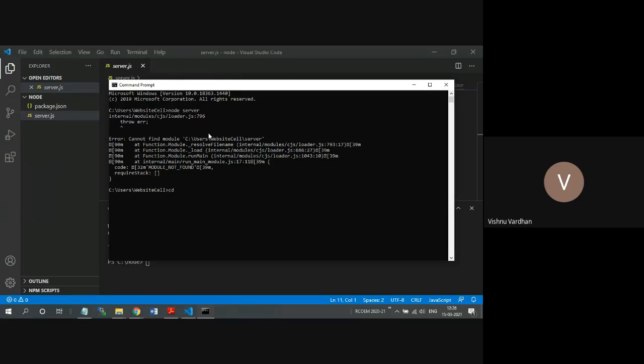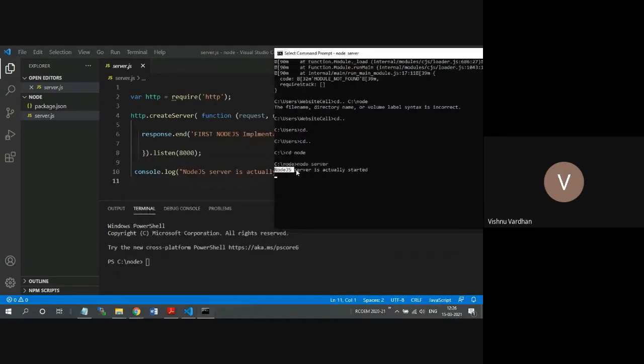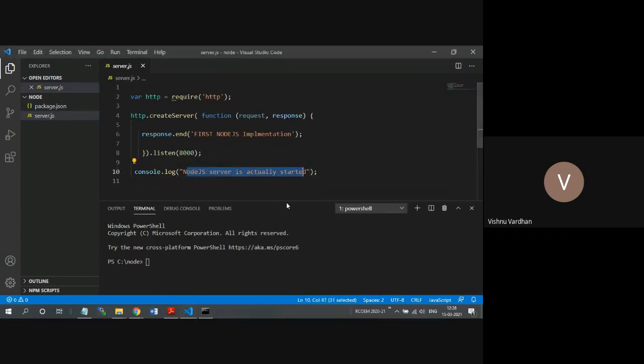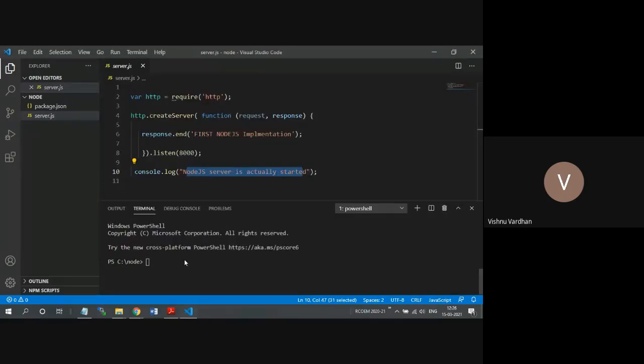I have to go back to my working folder and cd node. Now I give that command, and it gives back the same message: Node.js server is actually started. This is exactly what we are doing from this terminal window also.